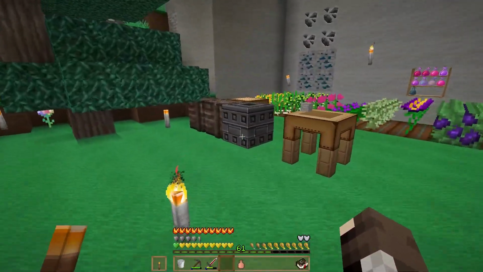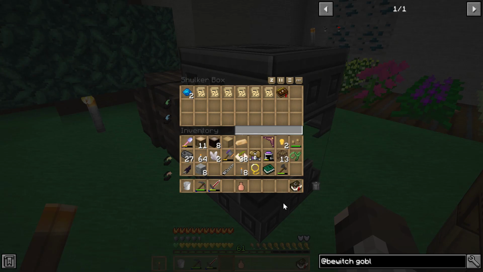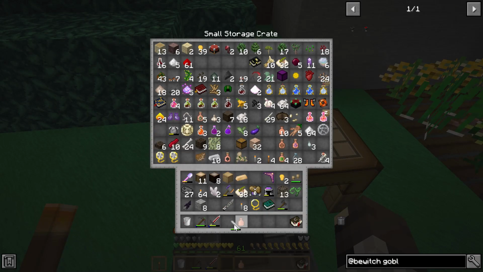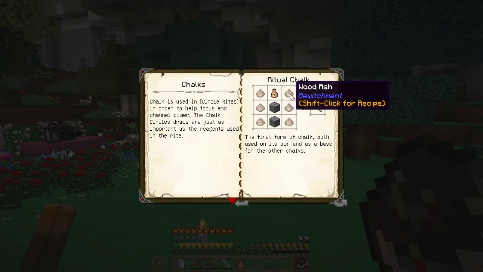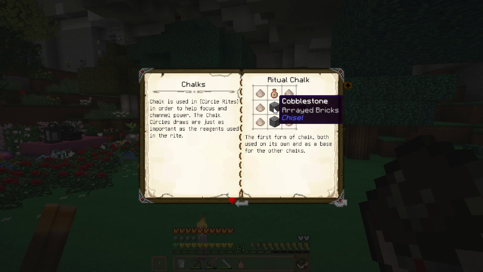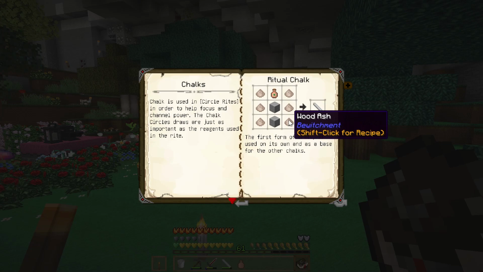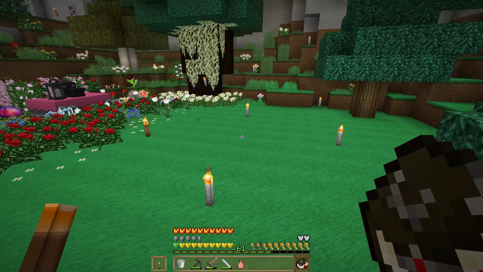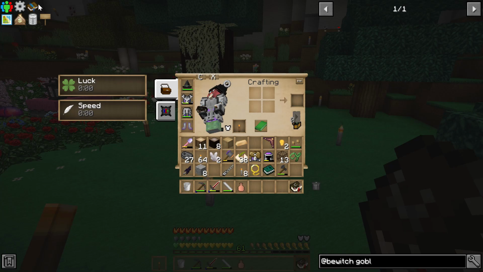Now, I did make chalk, and I don't remember if I showed that in the other video about how to make chalk, but it's just crafting recipes, and you use birch salt, so a birch tree in the oven, cobblestone, and some wood ash, and that's how you get your first ritual chalk. And the reason we need ritual chalk is because the next thing on our quest line that we need for this mod